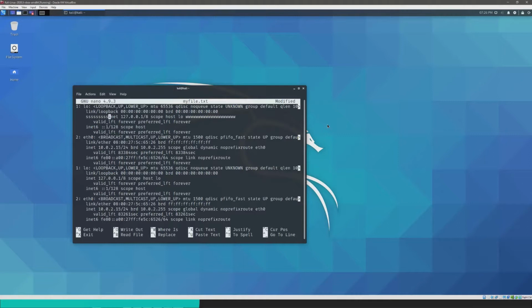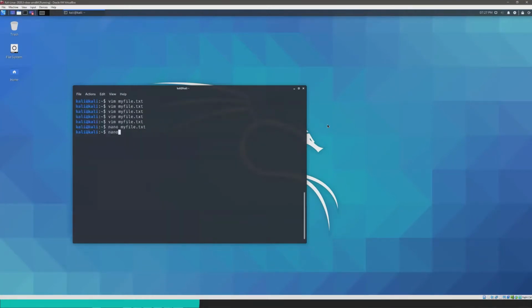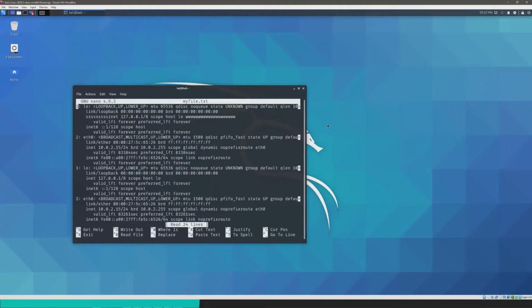So let's say I wanted to type into this document just a bunch of S's for no particular reason. And I can save this file by doing Control-O, and then it's asking me for the file name to write, and then I just press enter if I don't want to change the file name, and that's it. I can also exit with Control-X, and that would take me out. But let's say I modified some text, and then I exit. It will prompt me to save modified buffer, which means it's just asking if you want to save, and if you just type yes, it will let you, and then you specify the file name again. If you don't want to change it, just leave it alone, then you just press enter, and that's it.